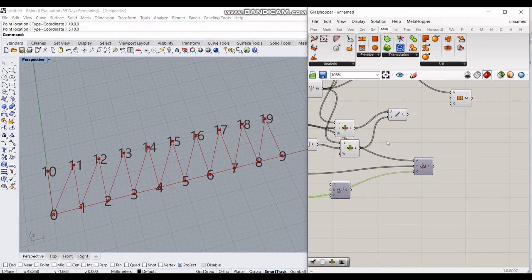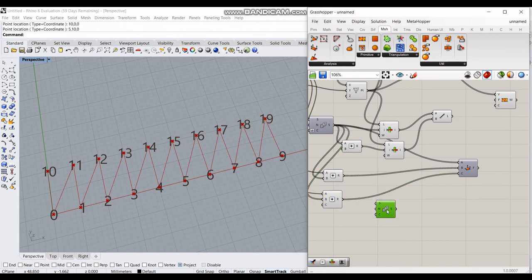We have got all the 9 upper triangles, and we have to do a similar thing for the lower triangles as well. So let us assume the lower triangle first index is 0, the second index is 1, the third index is 11. So we get 0, 1, 11, 1, 2, 12, 2, 3, 13, and so on. So the first index is already available, 0 to 8 from this component. The second is 1 to 9, which is also available from this, and the third is just adding 10 to that, 11 to 19, which is also available from this. Yes. So let's use that, the first, second, and the third.